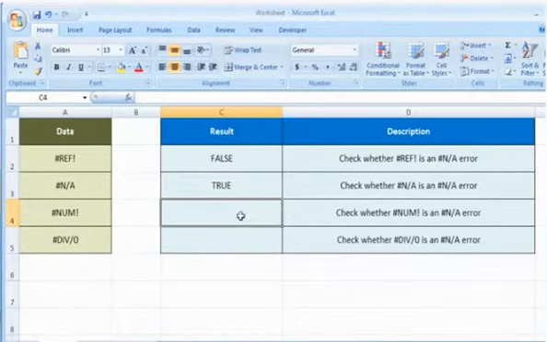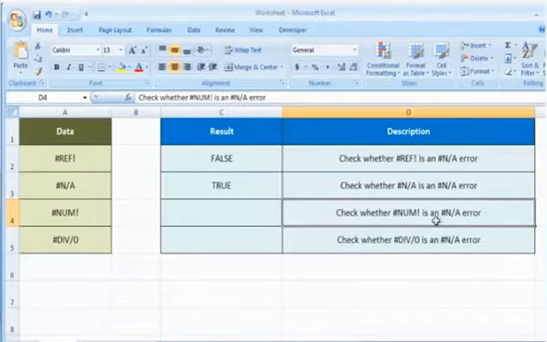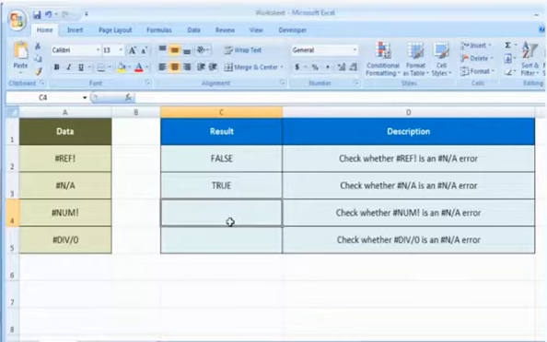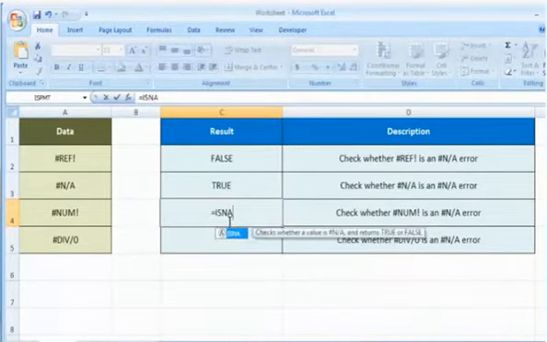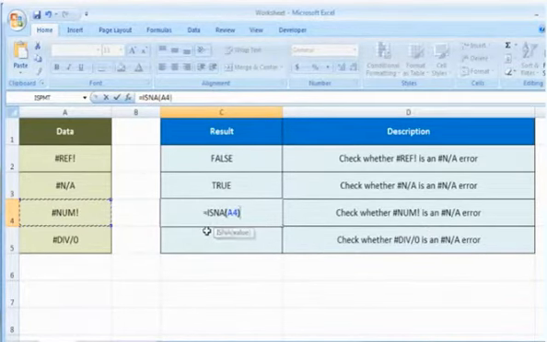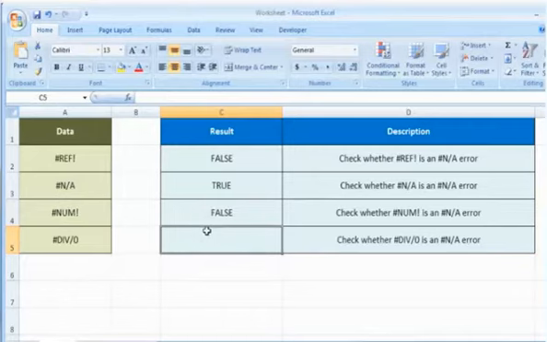value. In the third example, to check whether #NUM is a #N/A error, select the cell where you want to get the function's result. Type equals ISNA, open parentheses, select the reference cell, close parentheses, and then press the Enter key. If it returns the logical value as FALSE, it means the value doesn't refer to the #N/A